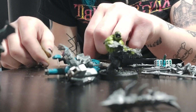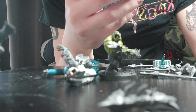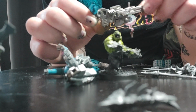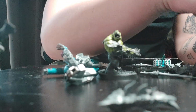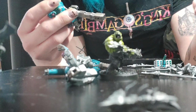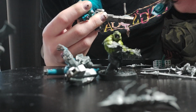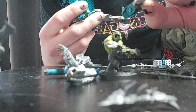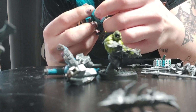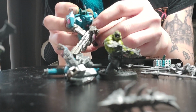I've used the bigger ones, the 5 by 2, for the big arm joints for the Tau, because I thought that it would help connect with the arms better. I also did it with this one, but I didn't do it with this one that's down here. I used the 3 by 1,